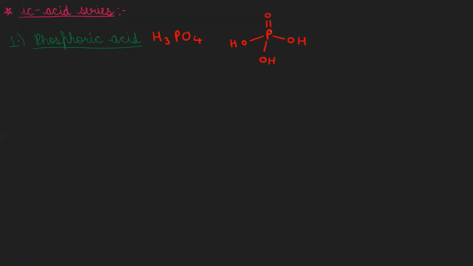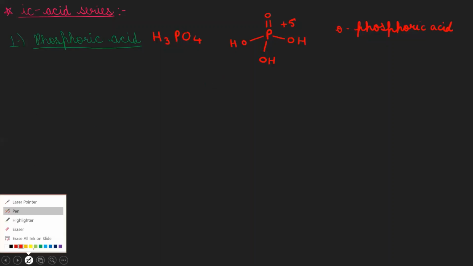And the other name for this phosphoric acid is orthophosphoric acid. Okay, here the oxidation state of phosphorus is +5. Now let us discuss the second member of this series, which is the